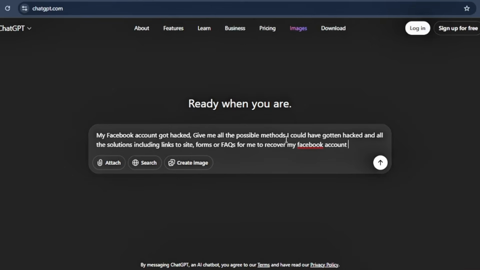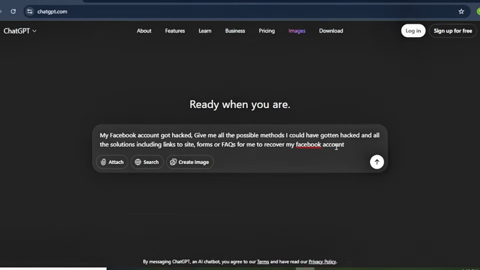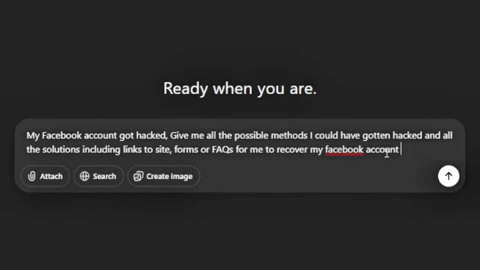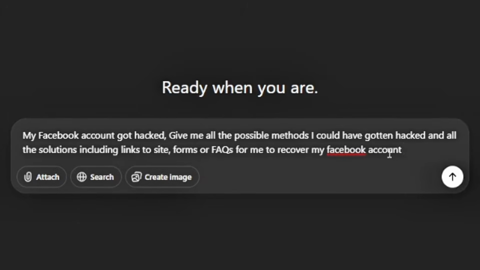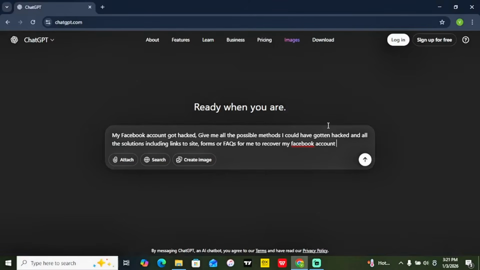Give me all the possible methods I could have gotten hacked and all the solutions, including links to the site, forms, or frequently asked questions for me to recover my Facebook account. Now, you need to understand that this AI tool is not going to help us directly recover the account. Instead, it's going to help us in a correct structure and well-organized manner to actually recover this hacked Facebook account. Instead of you going all around the social media platform asking how to recover your account, it's going to give you the step-by-step guide